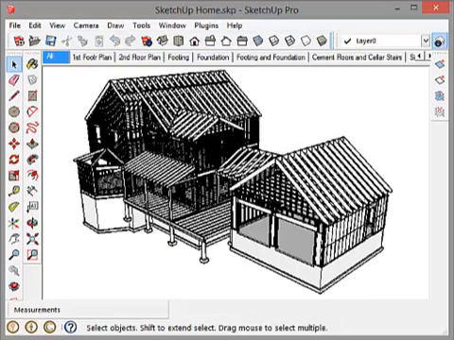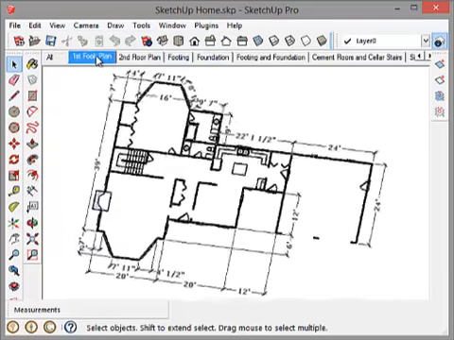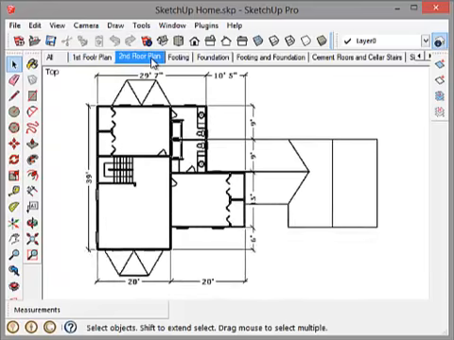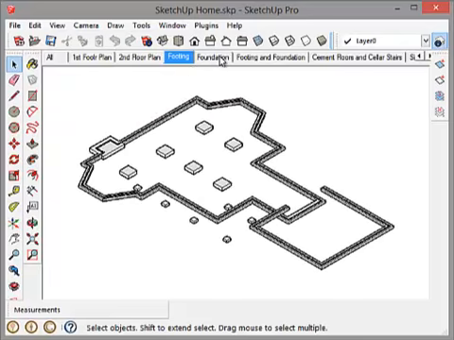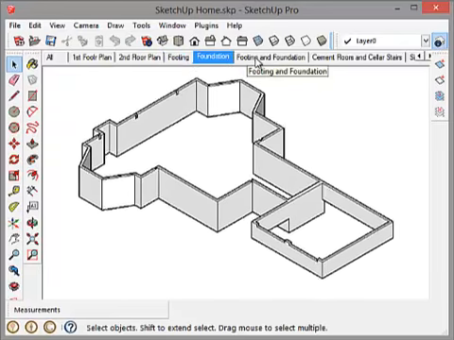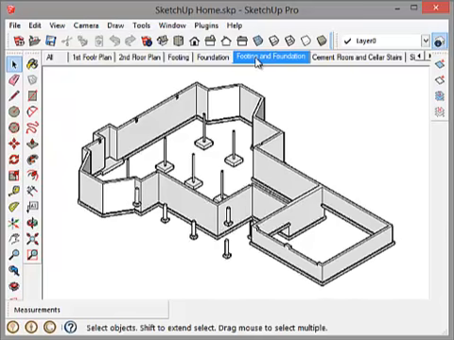This is the model of a home. It's not complete yet, but if it were complete and I selected the All tab, you would see the siding and the windows and all of that. I don't have it complete, so the All tab doesn't include all that stuff yet, but it includes everything that I've got so far. And then I've got a first floor plan, second floor plan, footing, foundation, footing and foundation,